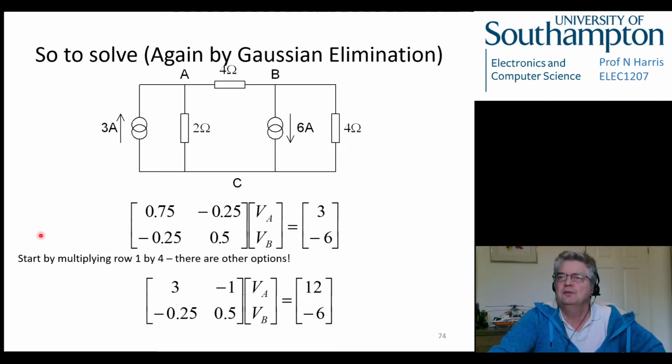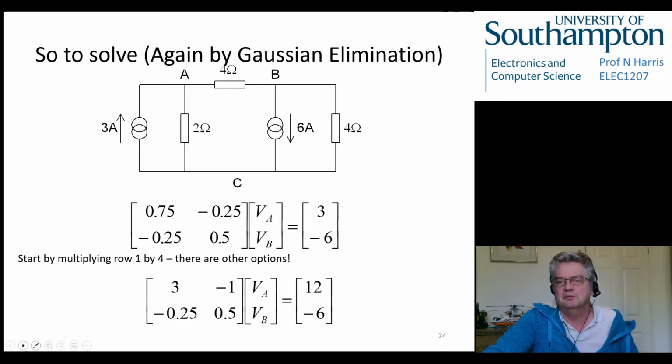So then we can solve these equations. Again, we can do that by Gaussian elimination if we want to. Start by multiplying row 1 by 4. So this row here, multiply that by 4. That just gets us to some nice whole numbers here. So the 3, the minus 1, and the 12. And then